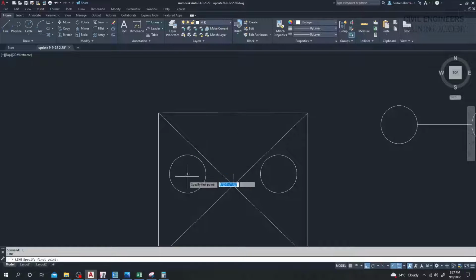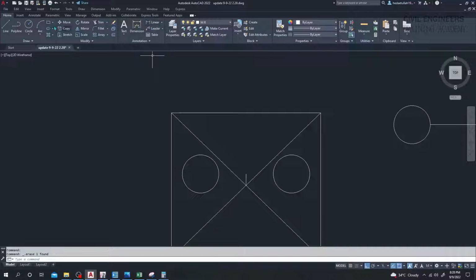Line. From here 50, and okay, in that direction that will be 50, or in that direction that will be almost 50. Okay, and there is another way to do that. I'll close that, and I'll take a line here, and in that direction here,